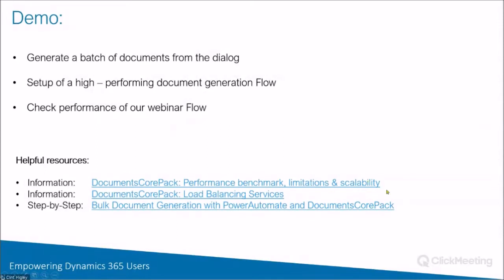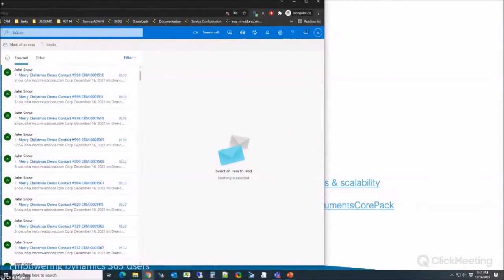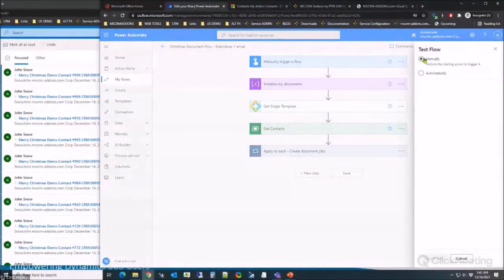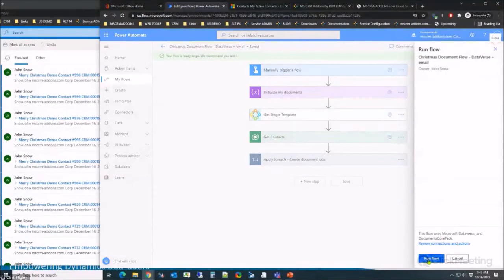Now, let me flip back over here to my Outlook, and also here to my demo system. So here, this is what I'm just going to kick off. It's basically a flow. It's going to generate a document for about 1,000 users, and then email them out to the users. So I'm going to go ahead and save this and test it and run it. And while this is running, it's going to be generating all these documents in the background while I'm actually working